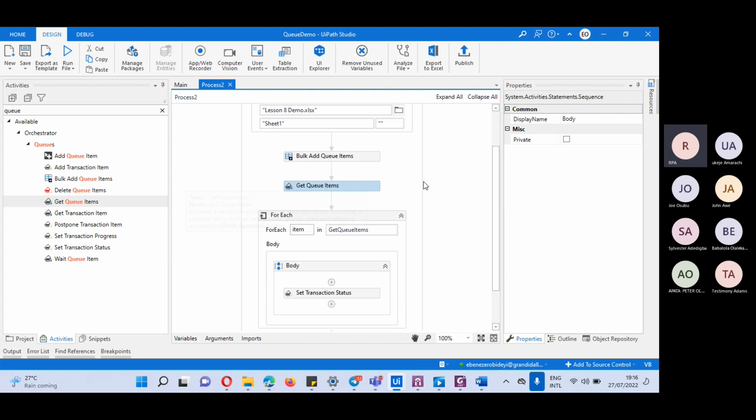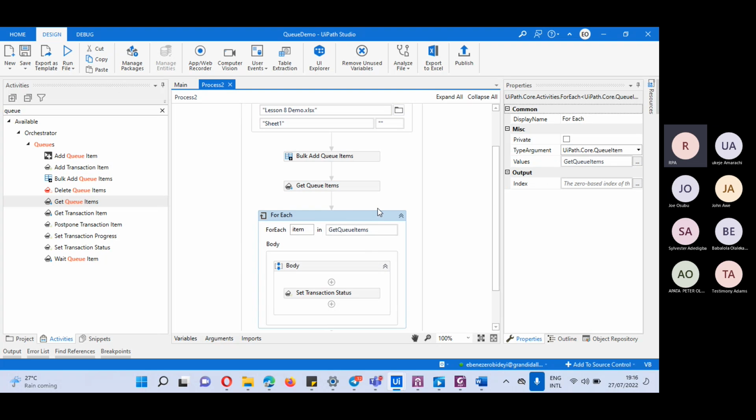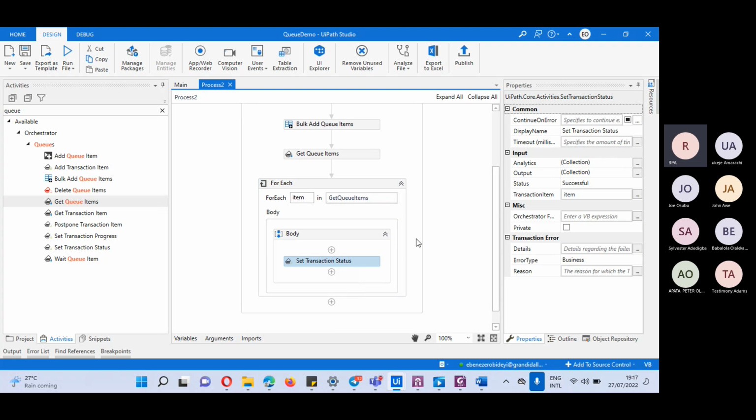Then I re-entered this queue item, the variable here, and pushed it into this, and everything went fine. No error was flagged. Nothing was wrong.